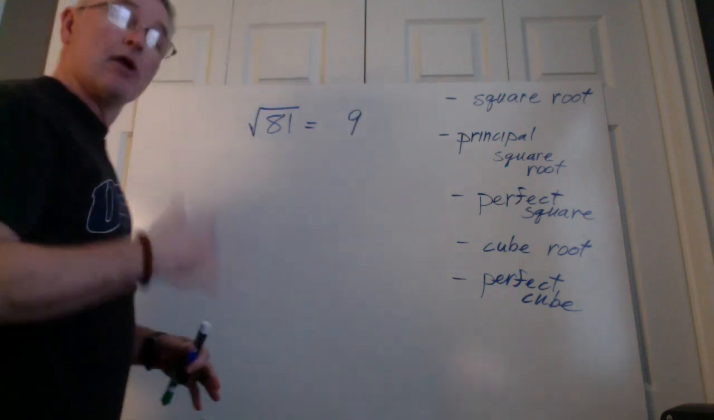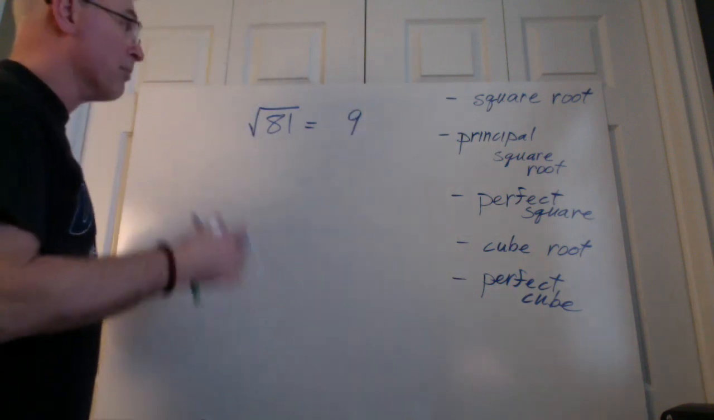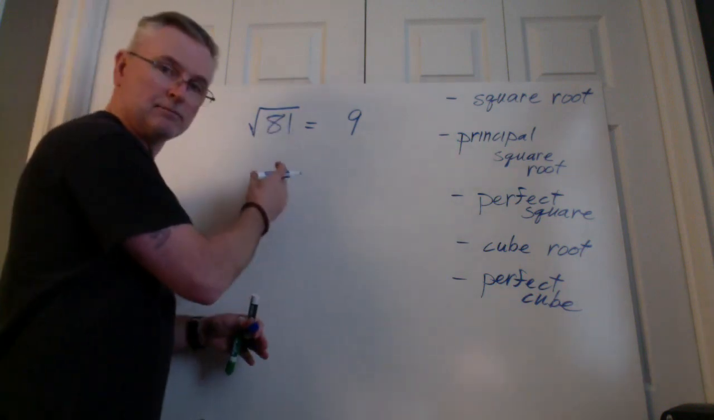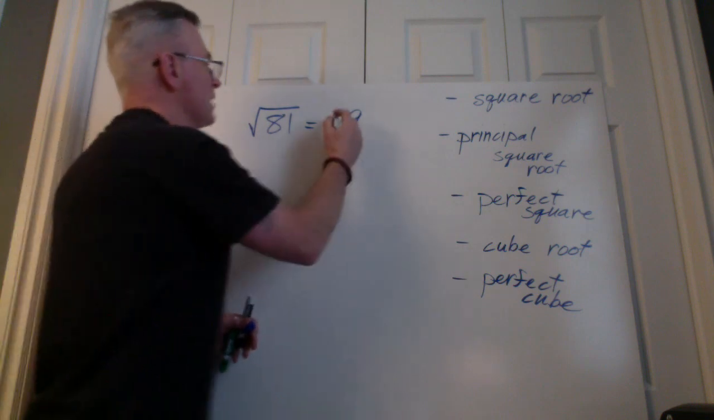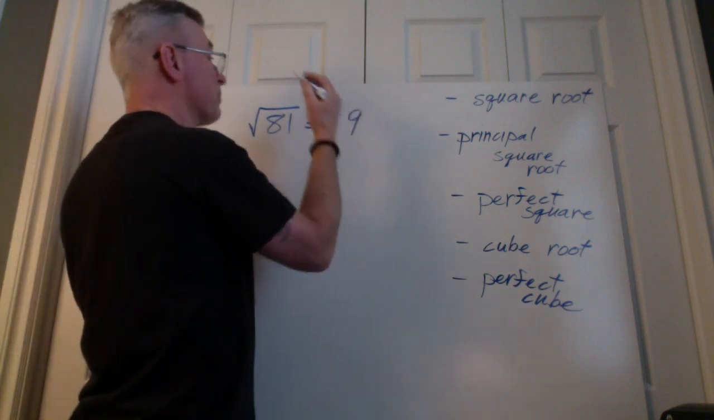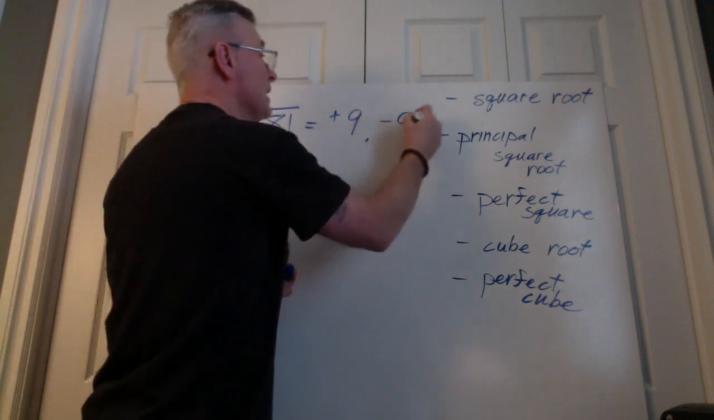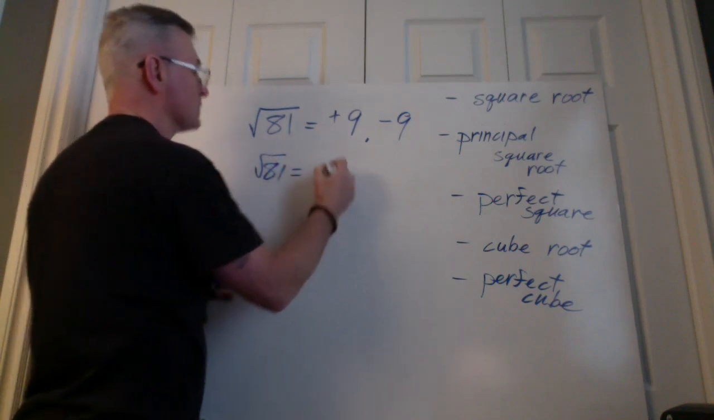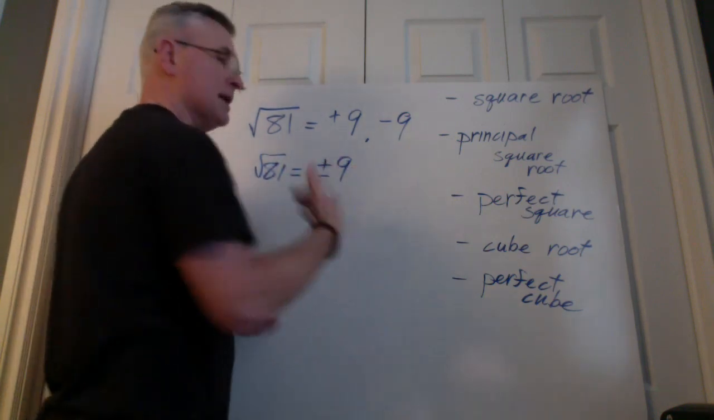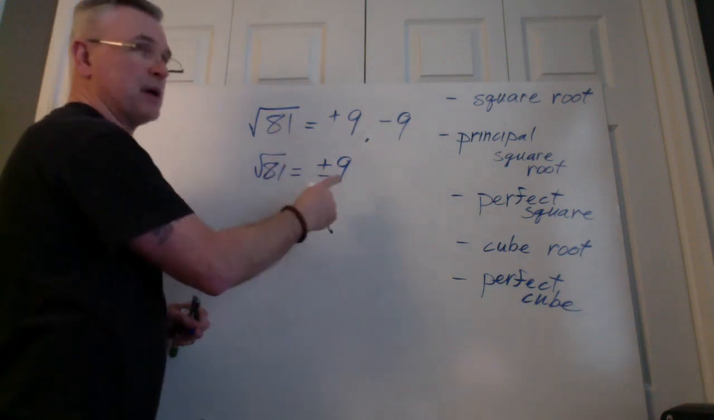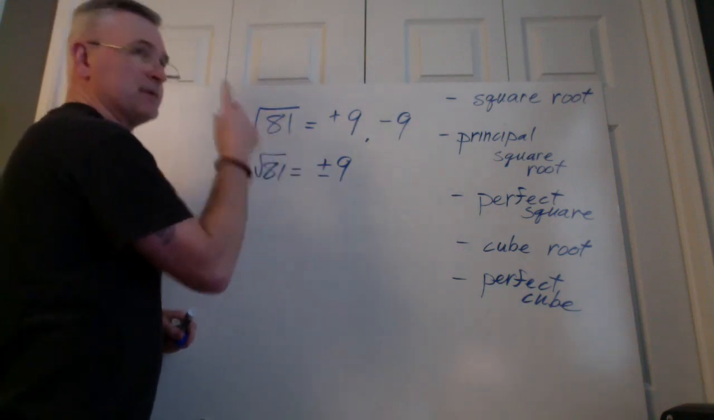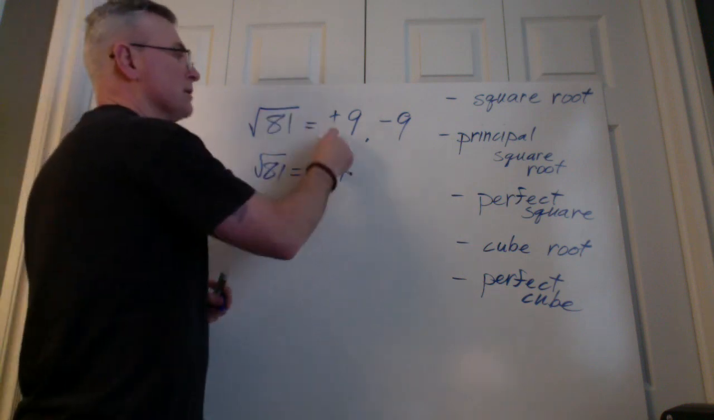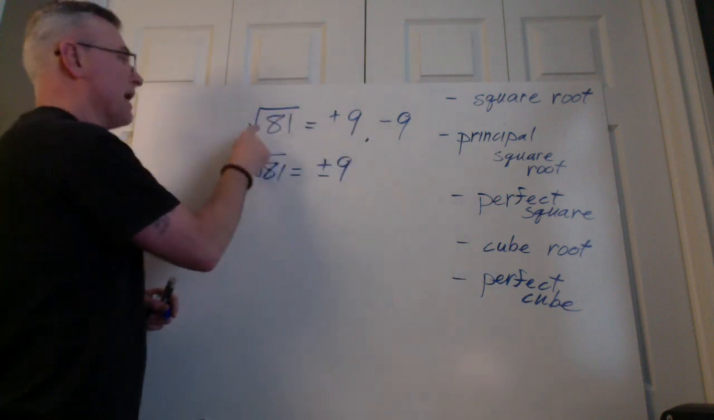Now, is there another number that you could multiply by itself and still get a positive 81? That's right, it's a negative 9. So this is a positive 9 or a negative 9, and we usually list them like this: the square root of 81 equals plus or minus 9. Think about that. Positive 9 times positive 9 is 81. Negative 9 times negative 9 is also 81. We cannot use a positive times a negative because that would be negative, and that is not what we started